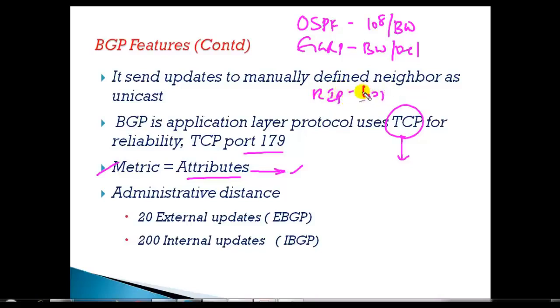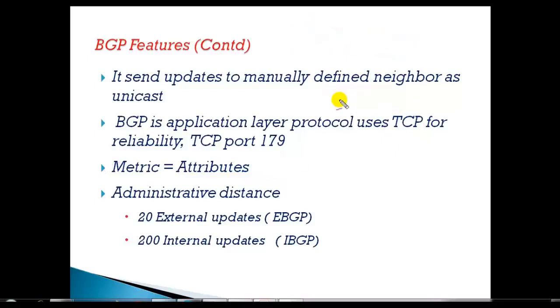But in BGP, the path selection process varies, and it's majorly based on these attributes. We'll definitely get into more on these attributes in our advanced BGP concepts. So as of now, I can simply say that it supports rich attributes which can really affect the path manipulations. And then finally,